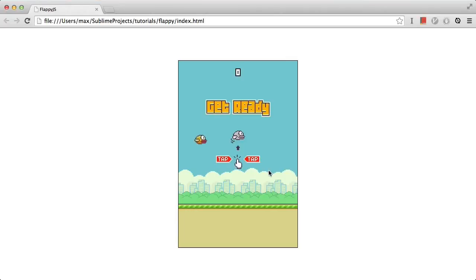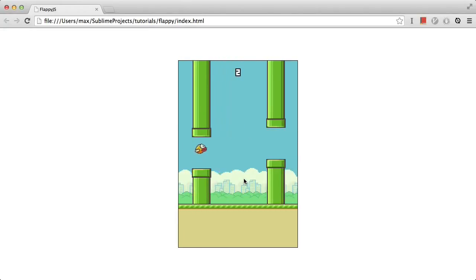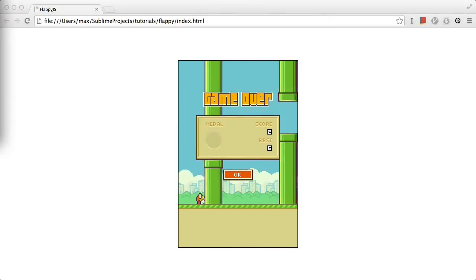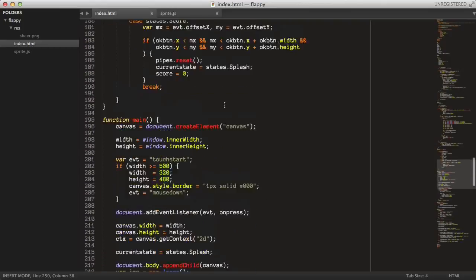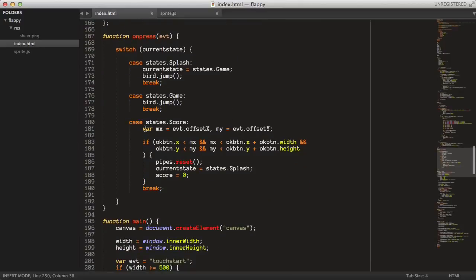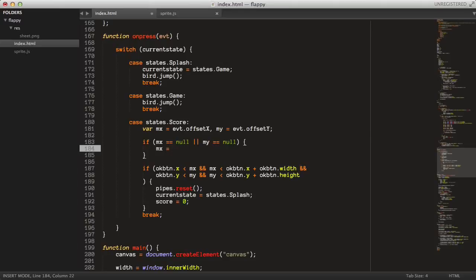Just one thing, guys. We need to implement the support for touches, or to get the coordinates from touches as well. And that isn't the same way as we have done with the mouse actually. So just go back up here to the unpress method, and just below here we set the mx and my variables. We'll just make this simple error checking here, so say check if the mx is null or my is null, like that. Then we want to set the mx position to the event.touches, the first touches, so 0, and the